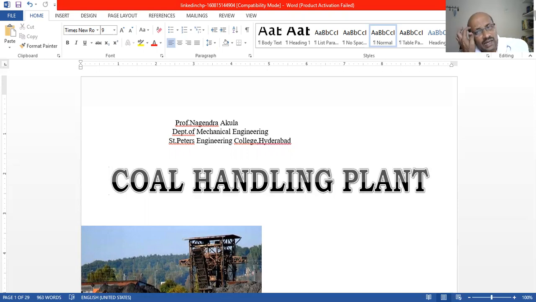At another point, somewhere else we are loading, for example at some thermal power plants. One point is different, another point is different. Take the example of Ramagundam Thermal Power Station, and VTPS. So over there, a power plant is located.